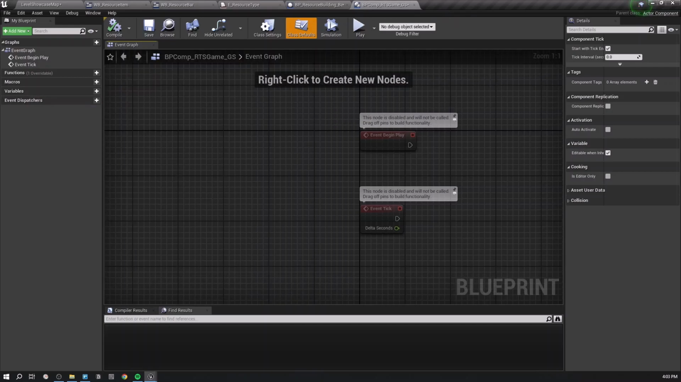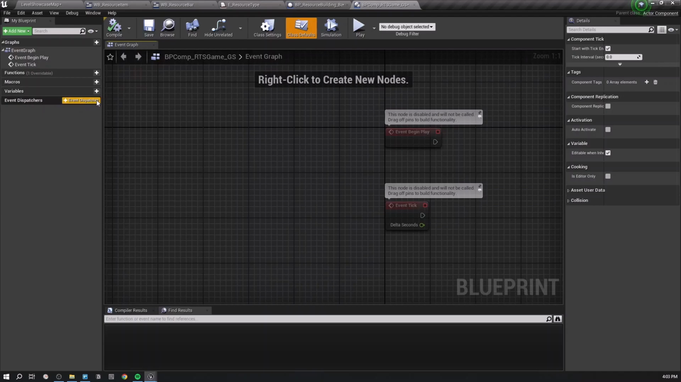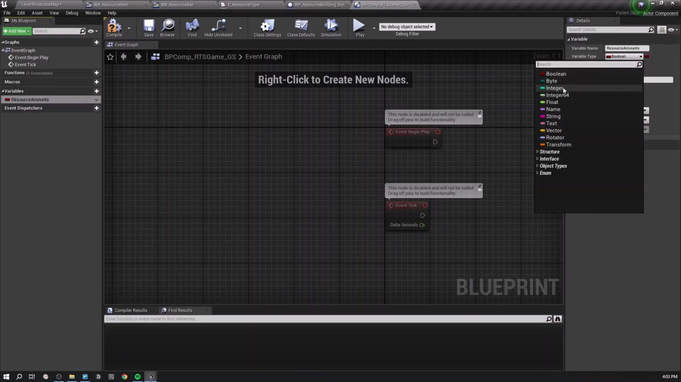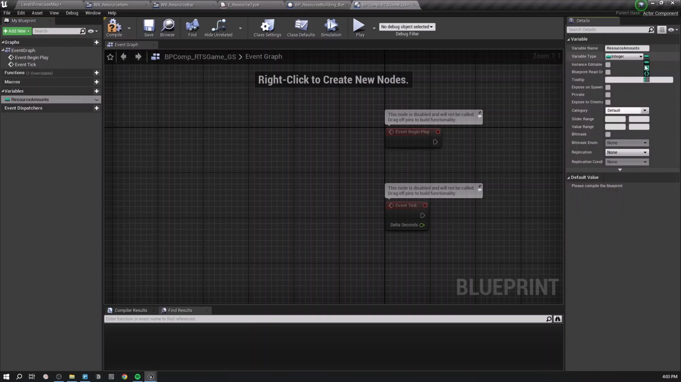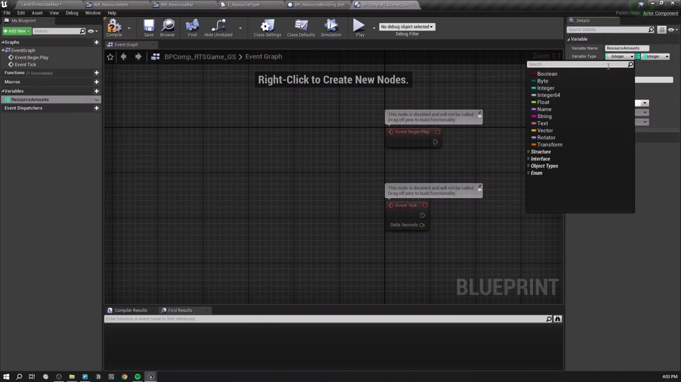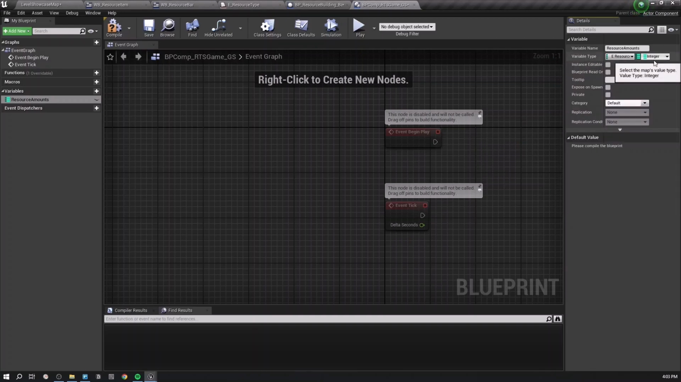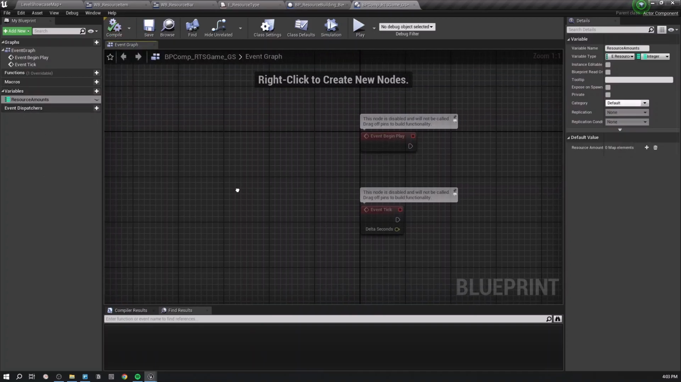So first let's create a variable called maybe resource amounts, and I'll maybe use a map, right? And the key should be resource type, and the value should be an integer value, right? So basically the respective resource types and the associated value, right? And this is a hash map, which means a unique type will be held, right? Okay, and then